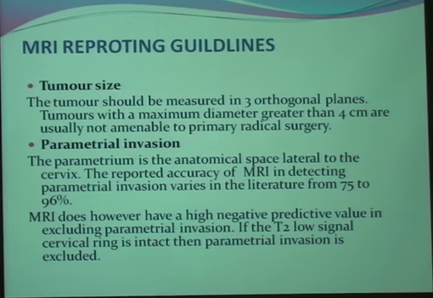Parametrial invasion. The parametrium is the anatomical space lateral to the cervix, and the reported accuracy of MRI in detecting parametrial infiltration is from 75 to 96%. MRI has a very high negative predictive value in excluding parametrial infiltration. If we can see the low signal cervical ring, the stroma, all around the lesion, it excludes by 100% the